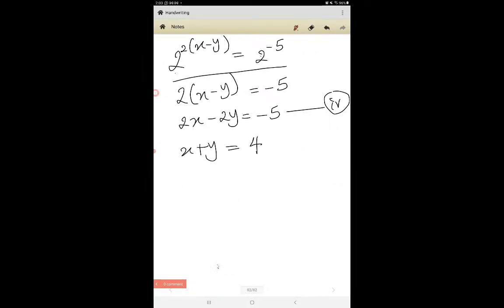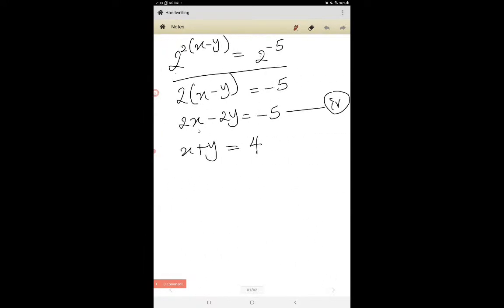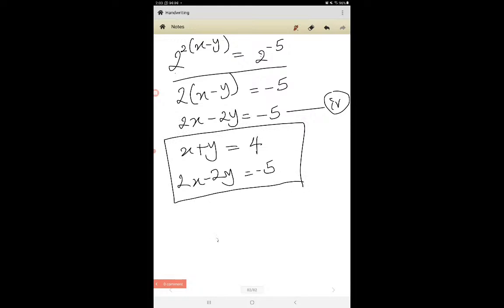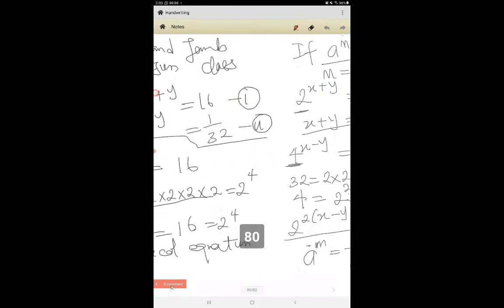Is equal to 4. So here, 2x minus 2y is equal to minus 5. Now, this is what we now need to solve. This is what brings about what we need now. How we are able to analyze the question from the beginning,